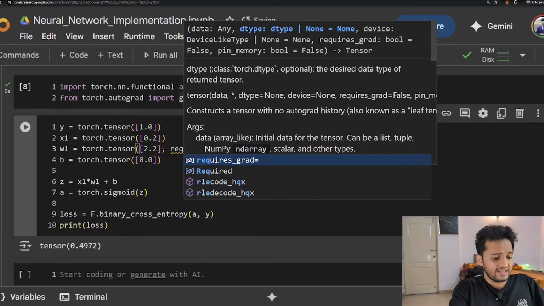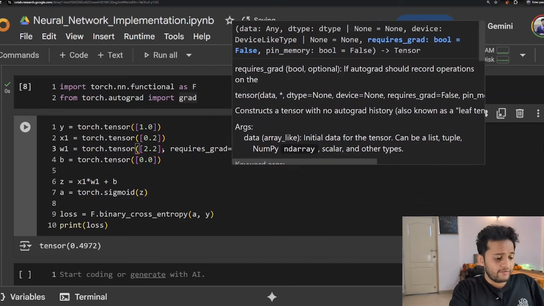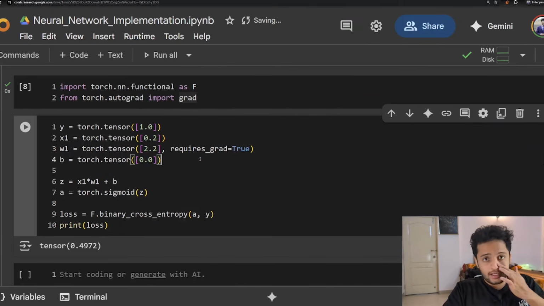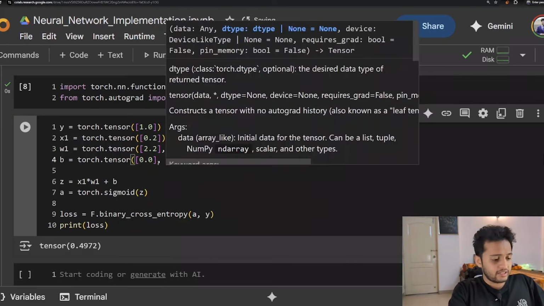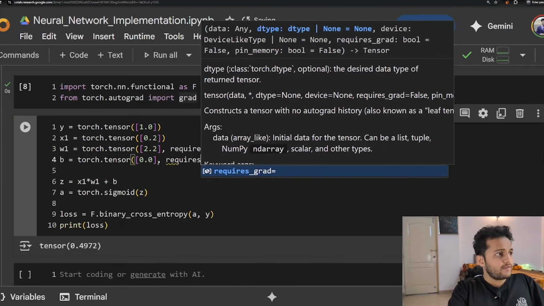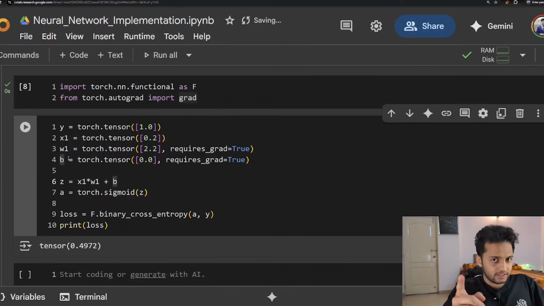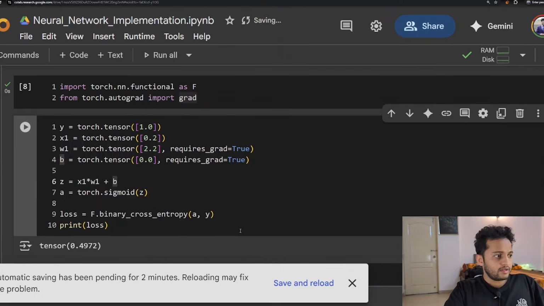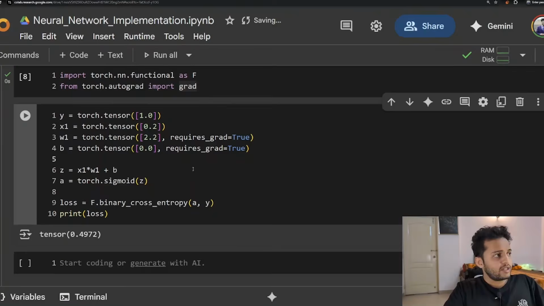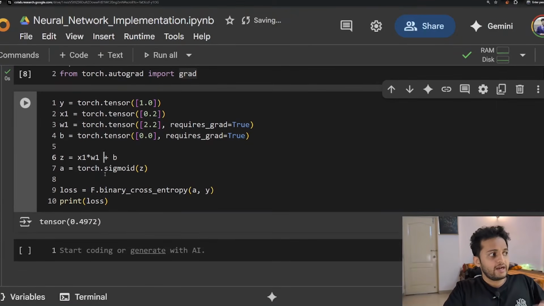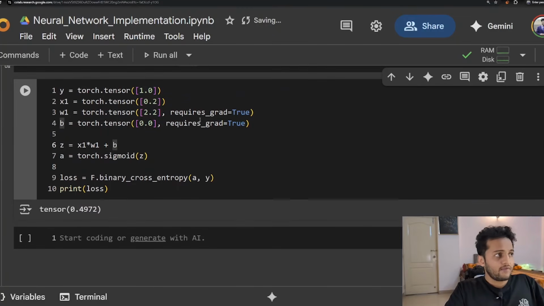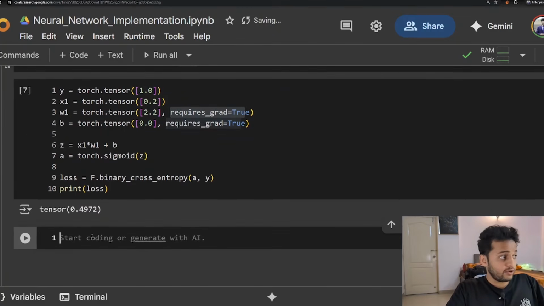So this will tell PyTorch that you have to track the differentiation of this function and you have to calculate and accumulate the gradients for this. So why are we doing this? We are doing this because W and D are the trainable parameters of my entire network here, and we want to make sure that we are calculating the gradients for these two parameters throughout the entire training process. So how this will help us is, once we have mentioned that requires grad equals true,